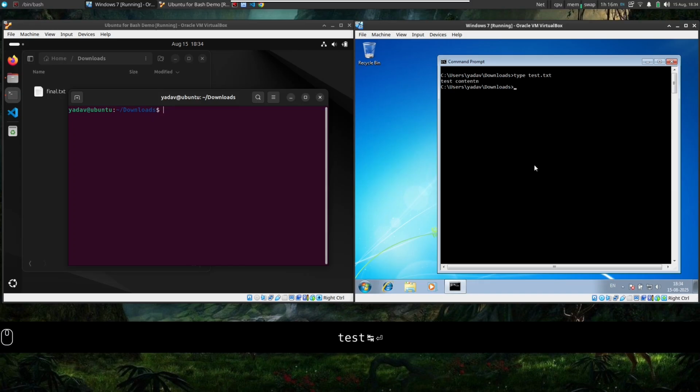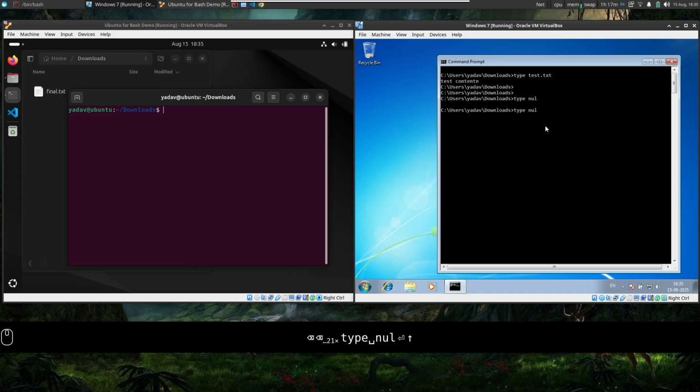In Windows we have type and then we have test.txt. See the content. If I want to create a new file, what can I do? I can do type. There is a special file called null, which is nothing, empty. I can send this output to, let us say, final.txt. The type null shows nothing on the screen. I will show that. See, type test.txt displayed the content of test.txt. Okay, what will type null do? It does nothing because null actually is nothing, empty.